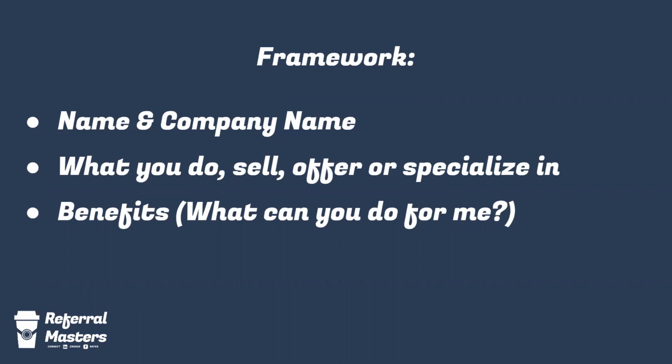So the really simple part is your name and company name, right? Like, I'm Richard, I'm a real estate agent, or hey, my name is Richard, I'm with My Financial, I do retirement, or I sell flowers, or whatever that is. That's the very first part, and that's really the easiest part. You don't have to take a lot of notes in that part, you just write that piece out. Then: what do you do? What do you sell? What do you offer? And what do you specialize in?